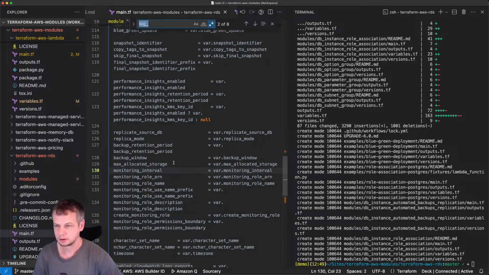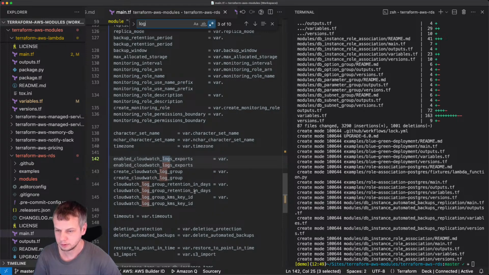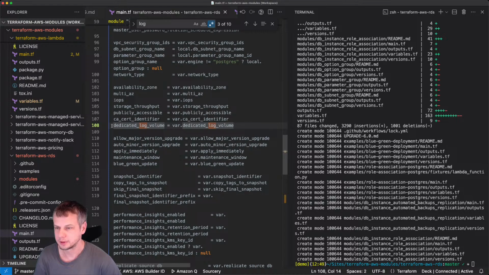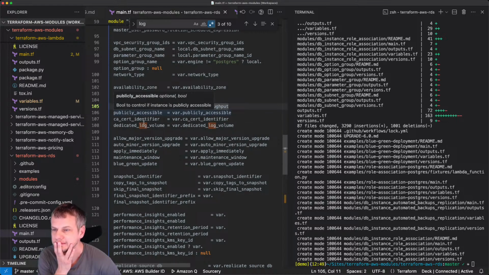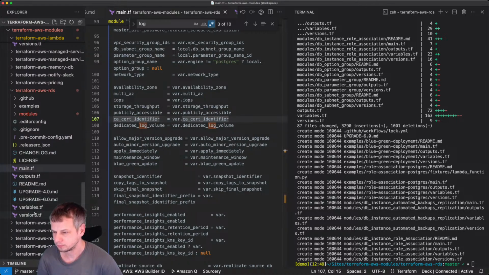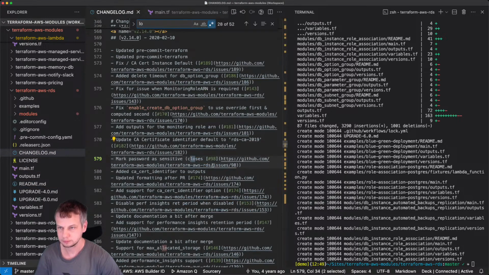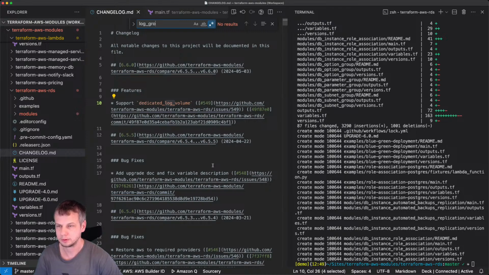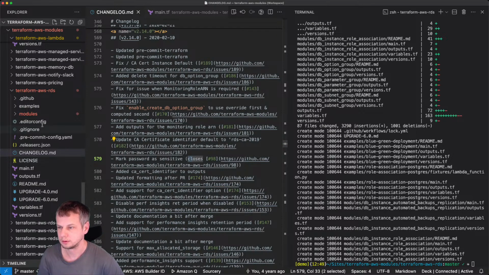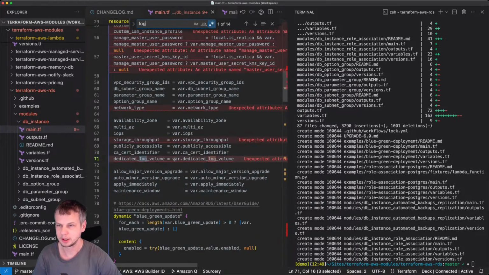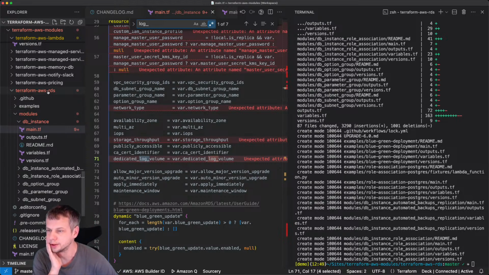CloudWatch group. Where was this support? Log class module. I just want to see how it's implemented in another place. And yeah, I have a hard time remembering which module it was.